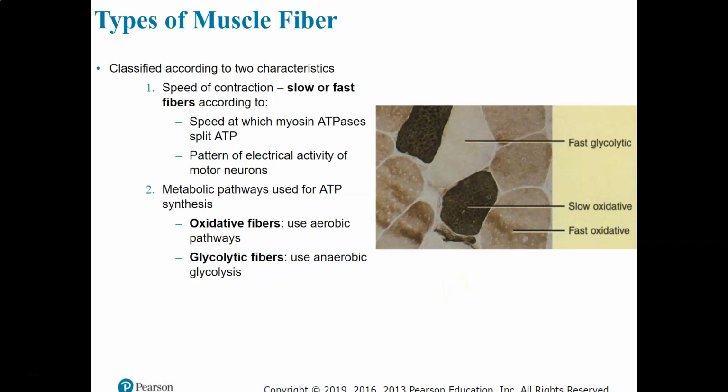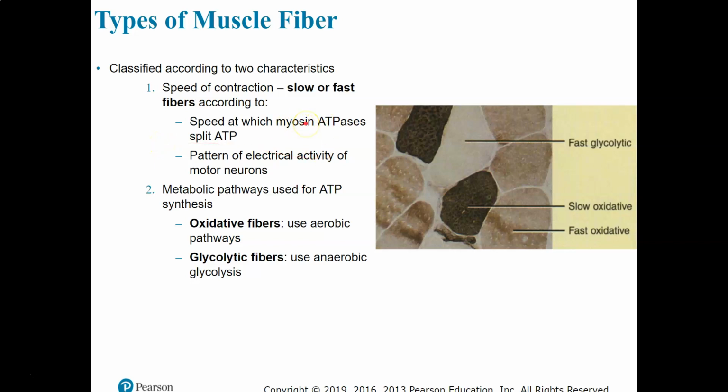In addition to our muscles being different sizes and having different strength, our muscle fibers can actually also be different types. And we classify muscle fibers based off of the speed of contraction, as well as what sort of metabolic pathway is used for ATP synthesis. So we classify fibers as either being slow or fast,